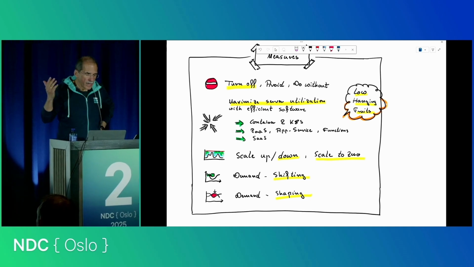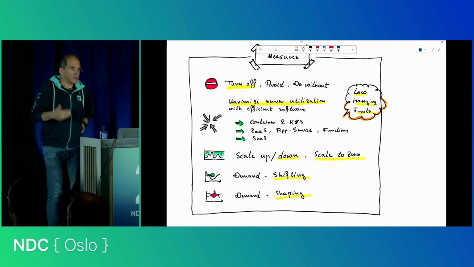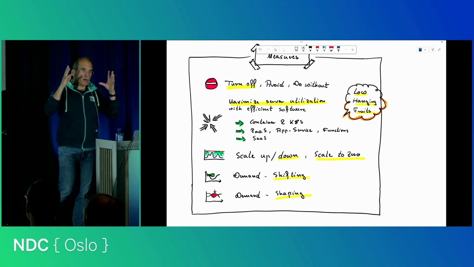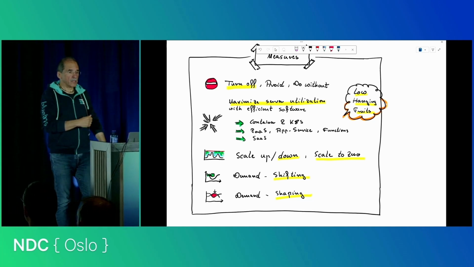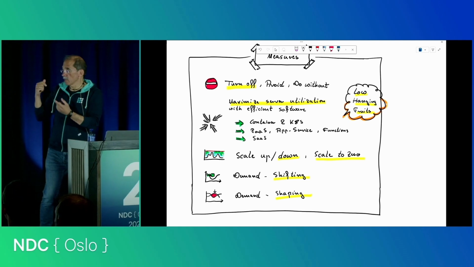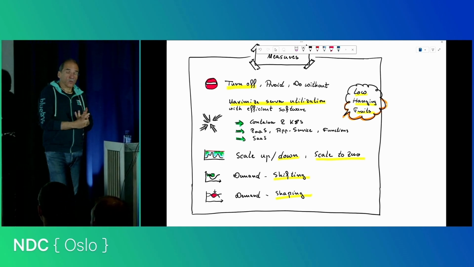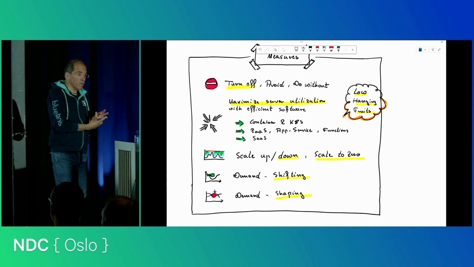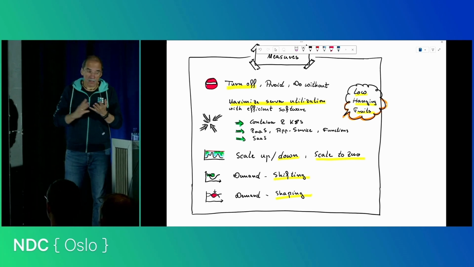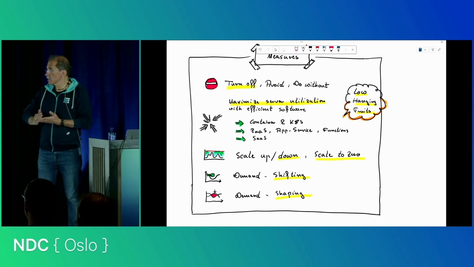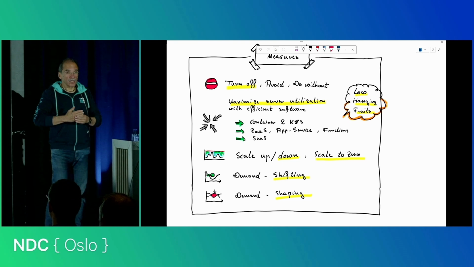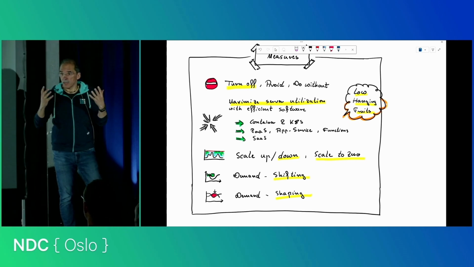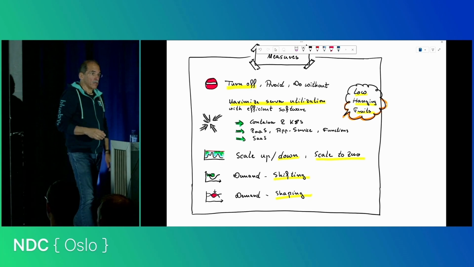And then, of course, maximize server utilization. All you are doing is maximizing server utilization. And this is mostly done by containers and Kubernetes, using platform as a service, in Azure of course, then app services, functions, and using SaaS solutions instead of having instances.